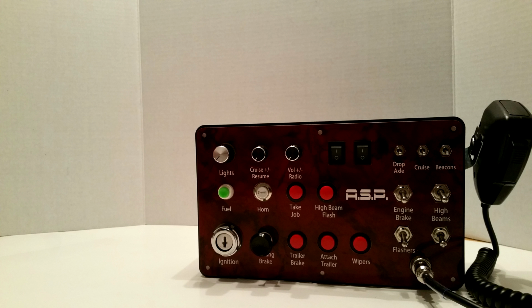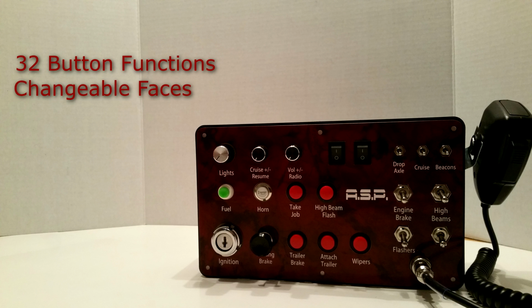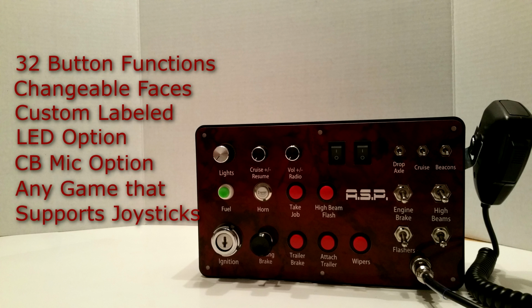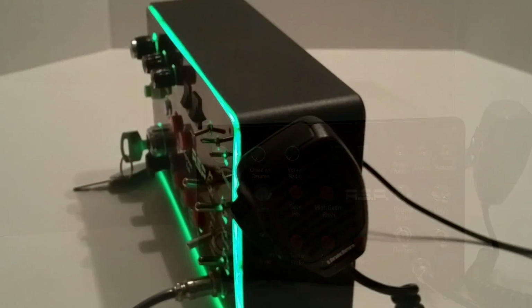Now, the A.S.P. game controller, for those of you that haven't been following along, is a customizable box on the way. It's going to have 32 button functions, changeable faces, custom labeled, so you get to choose how you want your switches labeled. You'll have the LED backlit option, CB mic option if you like, and any game that supports joysticks, this will work with it, and it will also work with games that don't support game controllers with the help of some